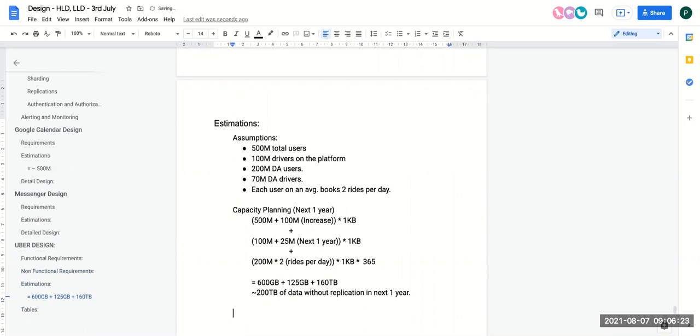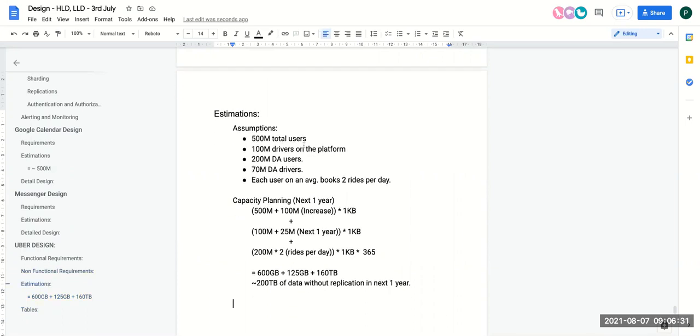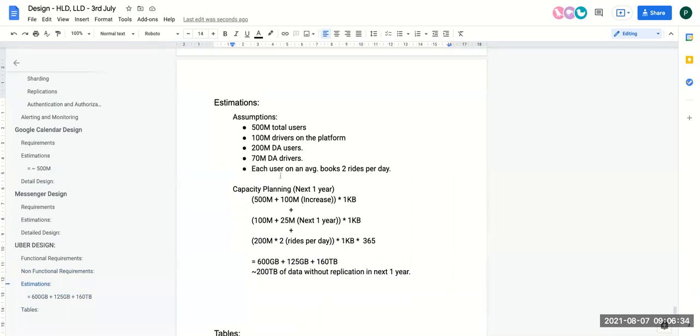We'll work on the. Prakhar, one question regarding this 70 million daily active drivers. So we haven't used that anywhere in our calculations. We didn't require it during the capacity planning, right? I mean, if each user is booking 2 rides on average, then there will be 400 million rides, which will be distributed across 70 million drivers. So on an average, each driver will have 5 or 5.5 rides per day, correct? So we didn't require it.